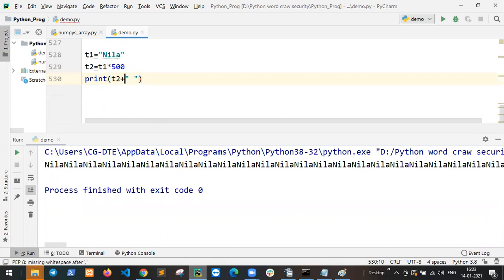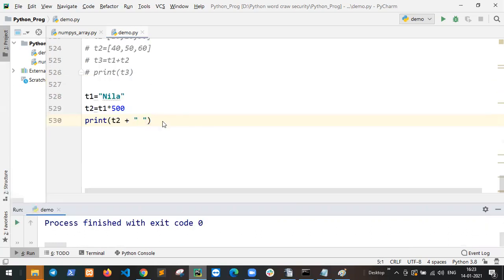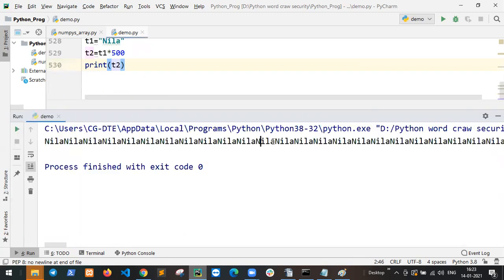Can I use plus? No way. Why? Okay, you find it out. How to add spaces? Okay, how to add a space in this, Neela?